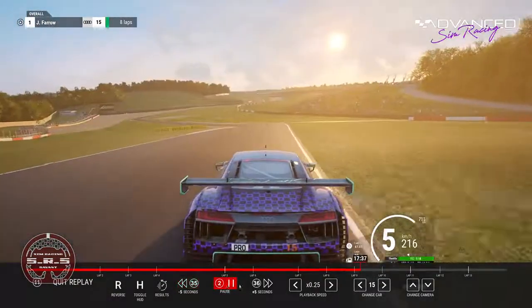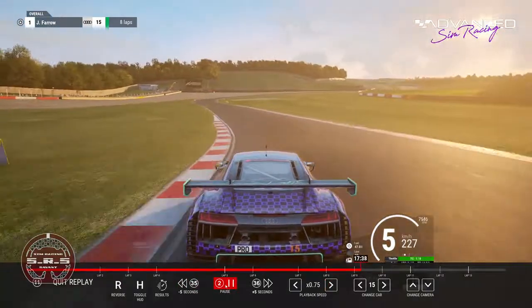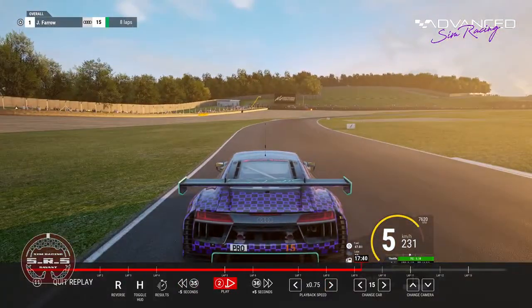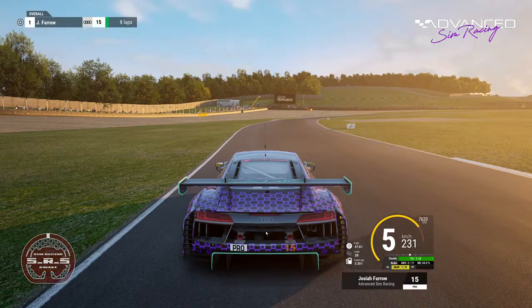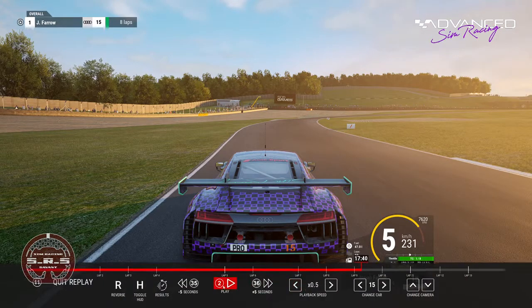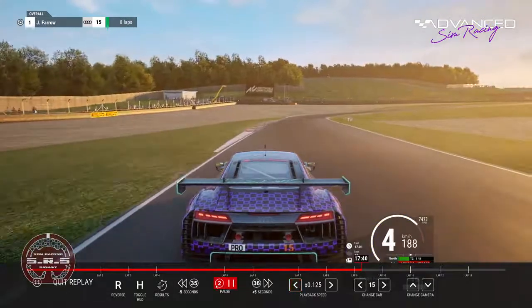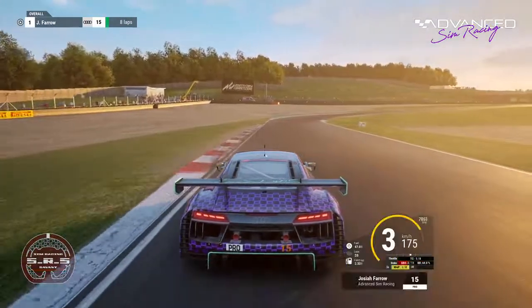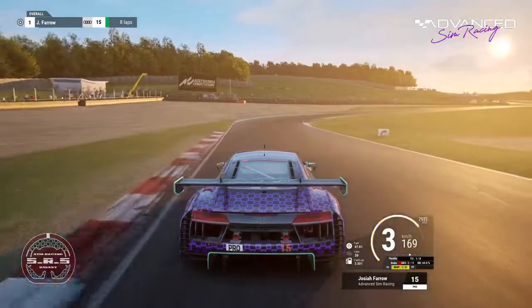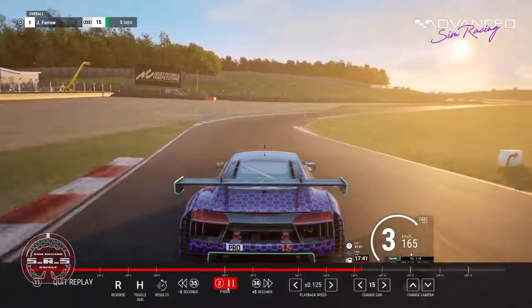So I would say this corner coming up here, the right-hander, is probably a good one to have a turn-in point for. What I'd say for a corner like this is the setup for this corner is extremely difficult, and I'll use it as a segue because it's basically my last point of the night. The setup for this corner is very difficult. So if you've got a particular turn-in point for this corner, which I would recommend because, you know, I run it slowly through, even slower than that. It's very easy in this corner to either run wide or try and be really greedy on